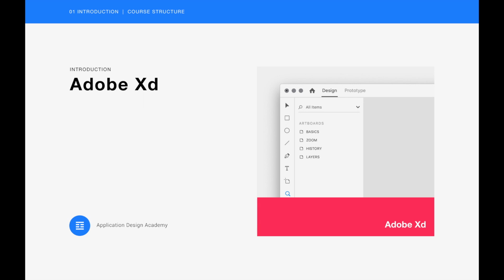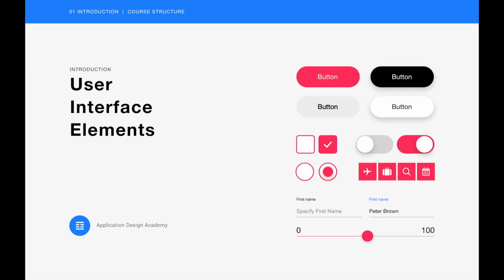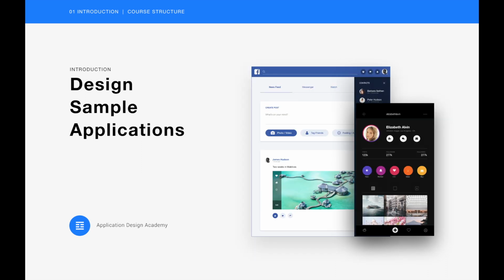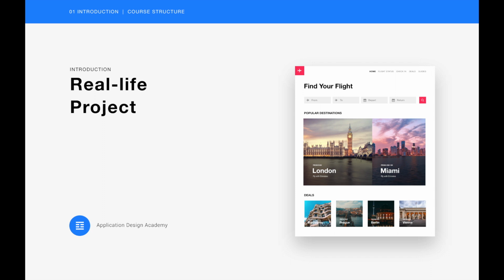Once you master every feature of the application, we will be learning all the UI elements, which are absolutely crucial for any application design. You will be learning how to create wireframes, interactive prototypes, and design sample applications such as Facebook or Instagram. We will finish the practical part with a real-life project, where we will follow a realistic workflow, which covers